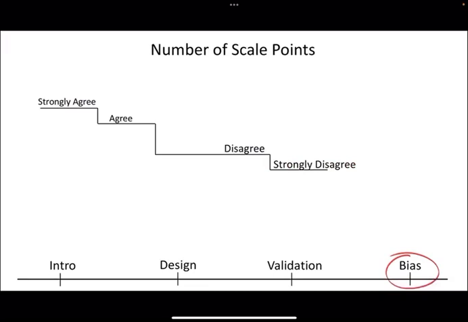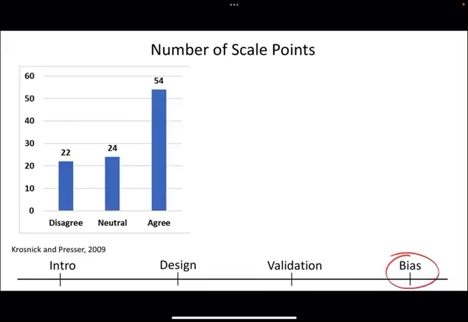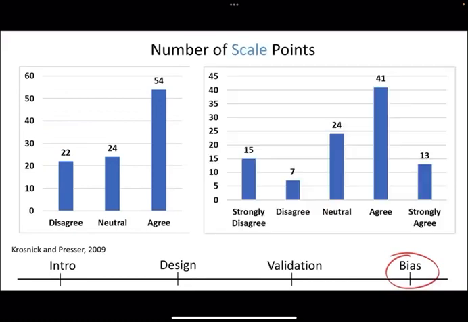As soon as that's not the case, analysis becomes very complex, and that's something you might create by deleting that neutral point. An example of what that might look like is, let's just say we have these results where most people are agreeing, like 54 people, and there's about the same number of people that are neutral and disagree. But if in the same population we added strongly disagree and strongly agree, something we might